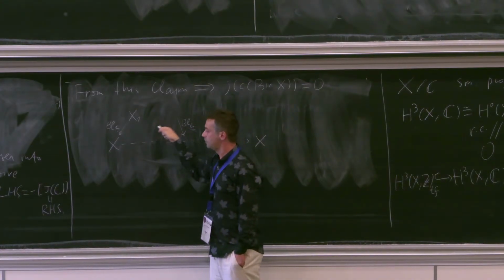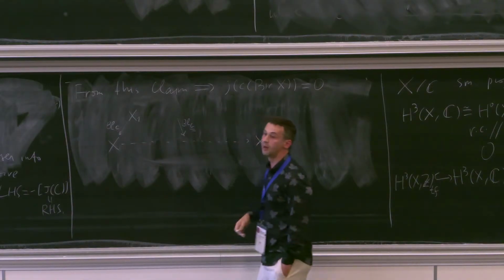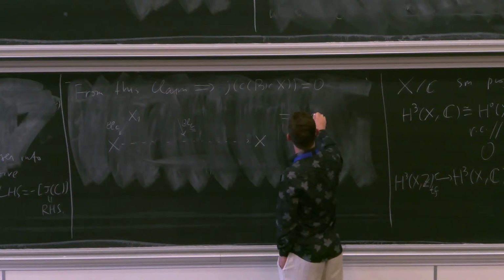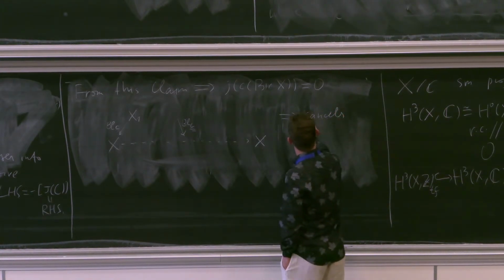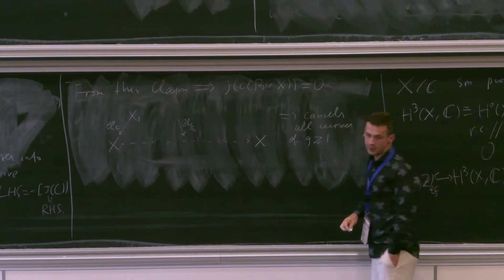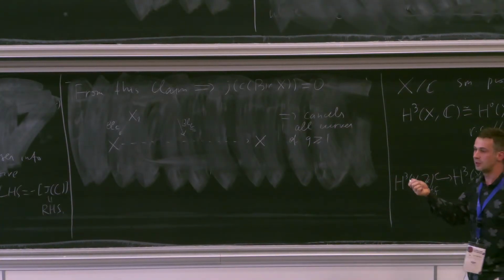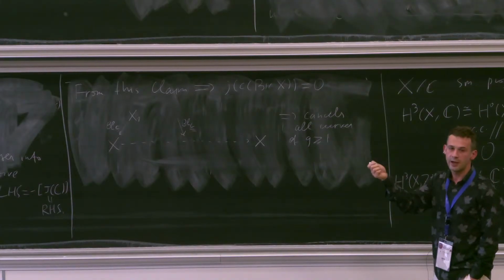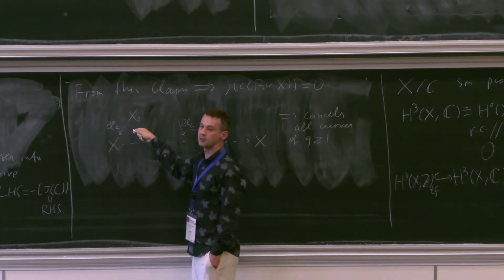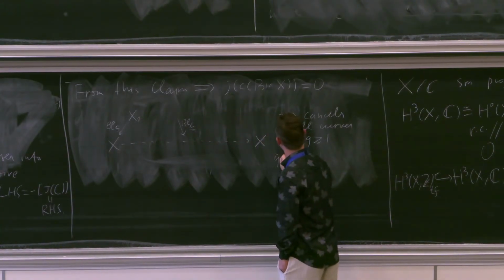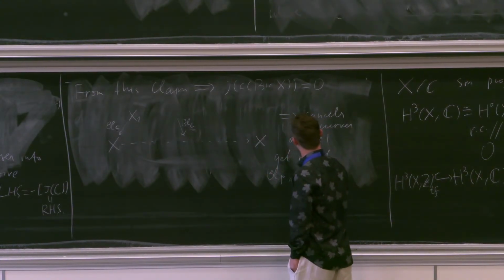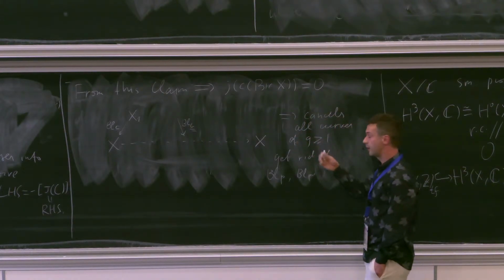And then you end up counting P1s and points, and they also all cancel by the Picard rank, like for surfaces. So this cancels all curves of genus at least 1. The Torelli theorem for genus 0 is not very interesting. The Jacobian is 0, and there's one P1. However, in this factorization, there could be points and P1s, and then you get rid of blow-ups of points and blow-ups of P1s by Picard rank considerations.